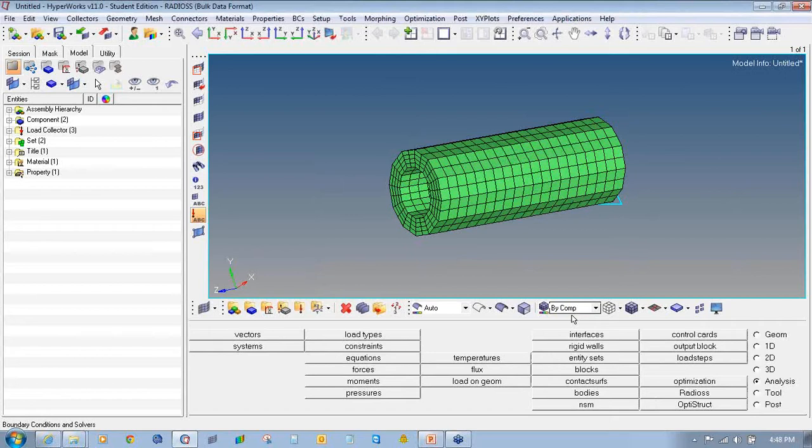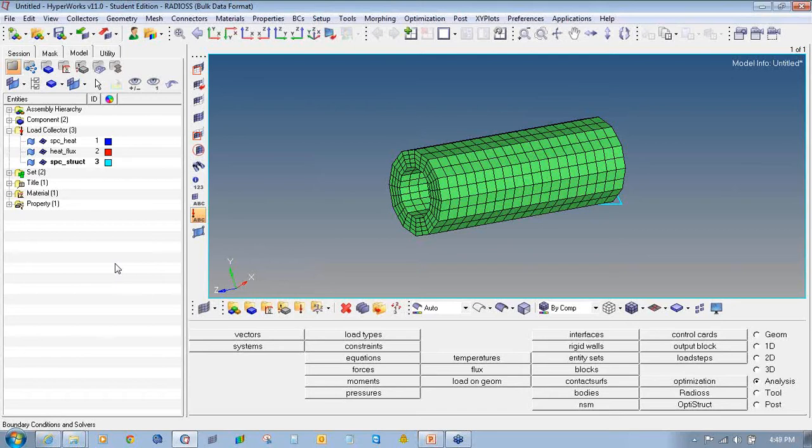Now we will apply the thermal loads and boundary condition to the model. A structural constraint SPC is applied on the RBE2 element, as you can see in the load collector, to fix the pipe on the ground. Two empty load collectors, SPC heat and heat flux, have been pre-created. In the next steps, we will see the thermal boundary conditions and heat flux will be applied on the model and saved in SPC heat and heat flux respectively.